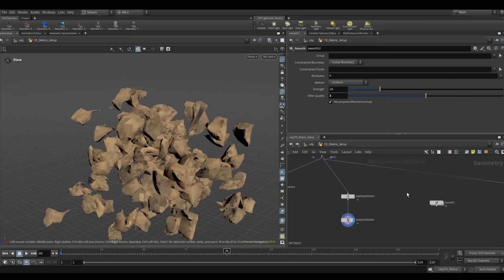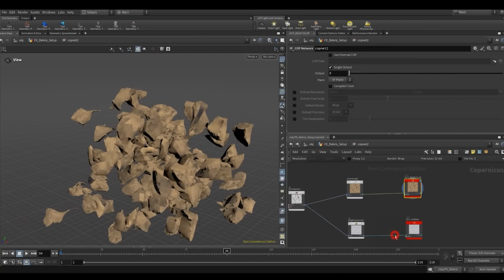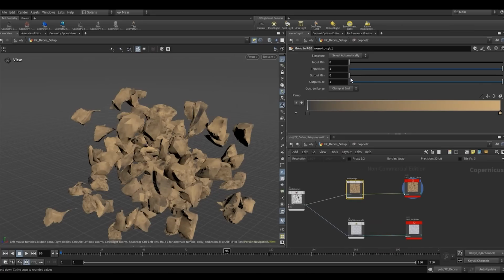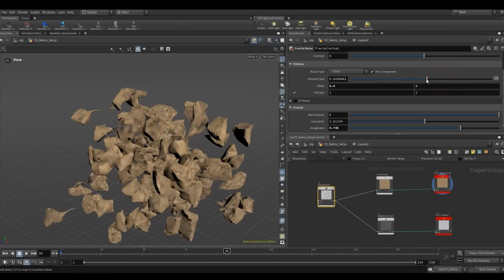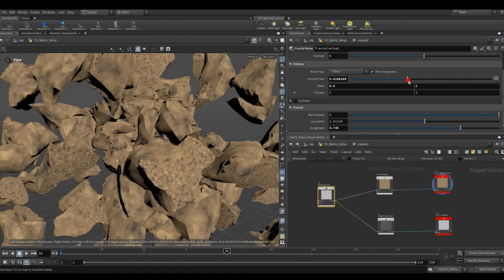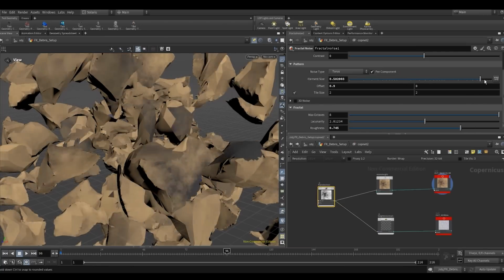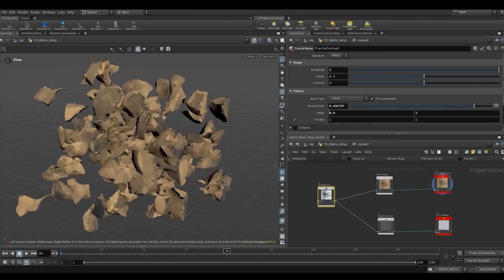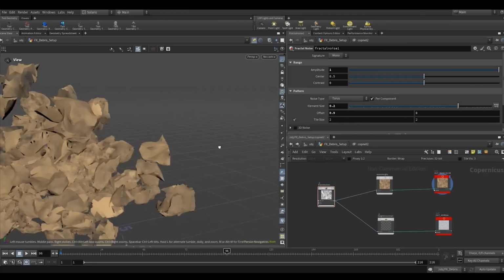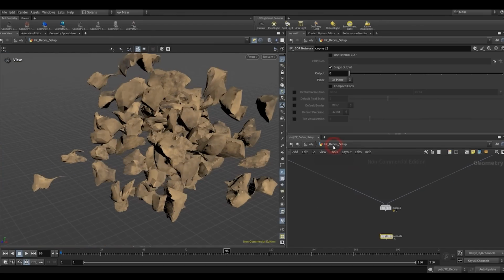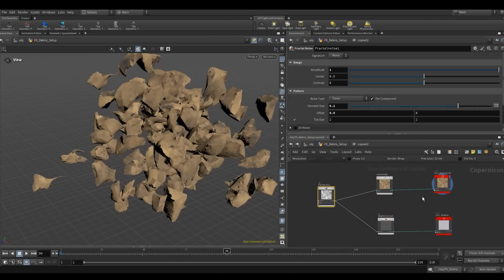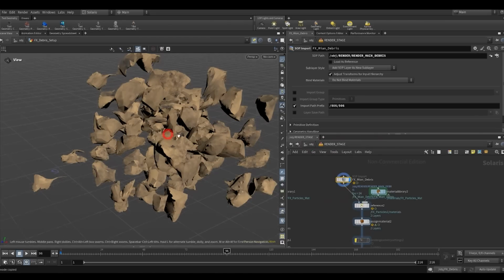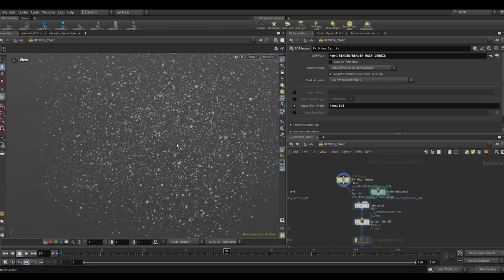I think it's not bad because it's not really visible, and this is enough for this project. If I come to here and change the element size, as you can see how it's worked, and it's very perfect. Let me set this something like that. Okay, again I want to copy this one and back to the render stage. This is our debris,